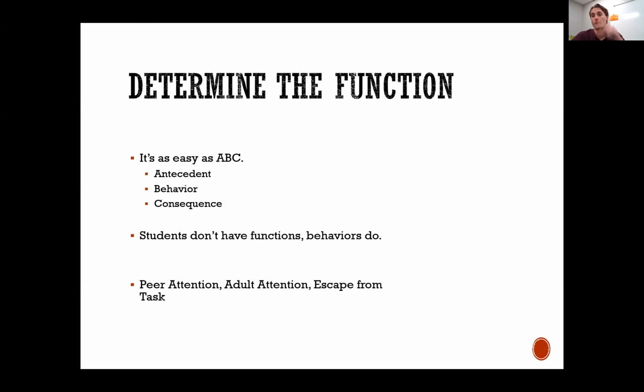Like I mentioned earlier, Kyle might be punching kids, he might be singing on the carpet. Punching kids might be peer attention, singing on the carpet might be adult attention. That's one of the big reasons we focus on one behavior at a time, is because we don't want to assume that Kyle as a human being just needs more peer attention than everybody else. We want to think about, why is Kyle engaging in this behavior? What is the purpose of it for him? Because if we know that purpose, we can manipulate it.